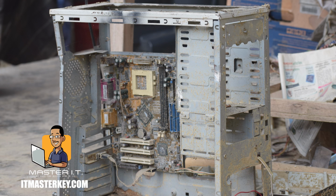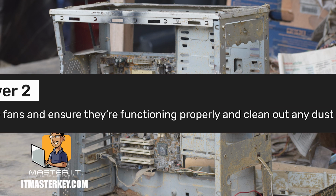So just like we talked about in one of the other questions, you've got to make sure that the fans are working properly. One of the biggest enemies of a fan is dust and cobwebs and all this nasty stuff. And the second biggest thing is direction. You want to make sure that the fan is blowing out of the case, out of the laptop, out of